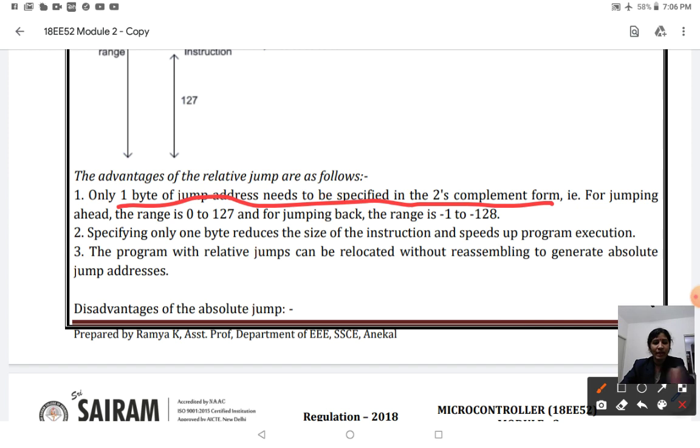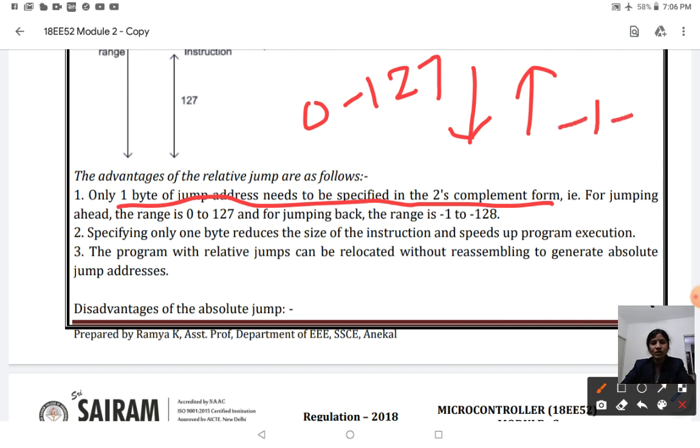Or for jumping back, there are two types of jump. One is your forward jump and another one is your reverse jump. So in forward jump, the address range should be from 0 to 127. Whereas if it wants to go back in the reverse order, then it has to be -1 to -128. So between these two ranges, if any of your loop starts jumping, then it is called your relative addressing mode.